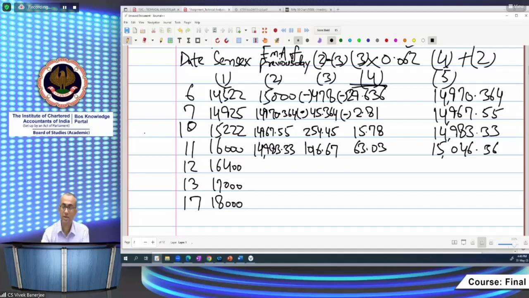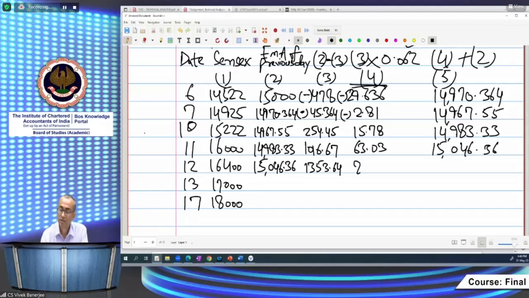ये फिर ईएमए आया 11 जून का 15,046.36। तो ये 12th का प्रीवियस डे ईएमए हो गया। 15,046.36 माइनस 16,400, वन 1353.64। इसको मल्टीप्लाई करेंगे एक्सपोनेंट से 0.062।